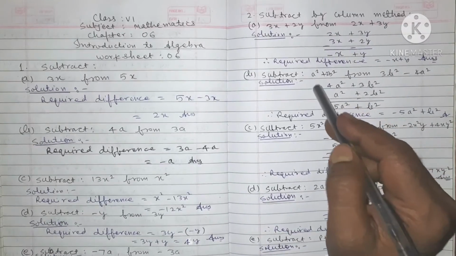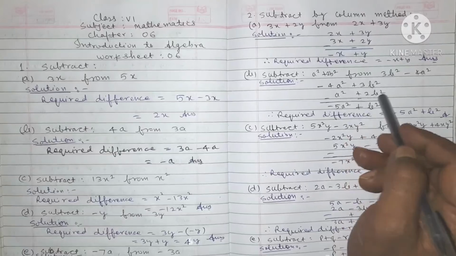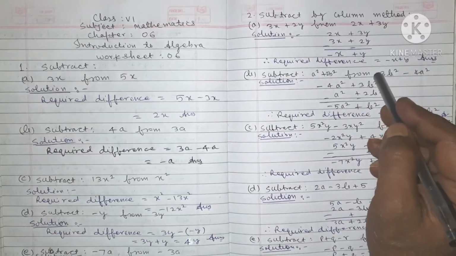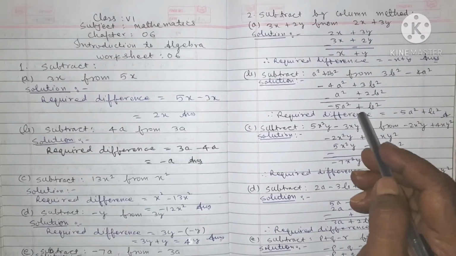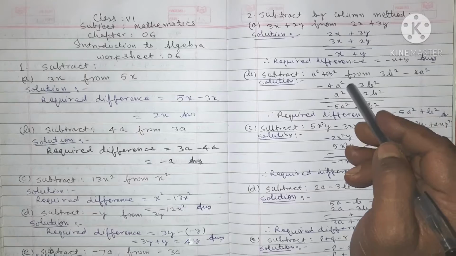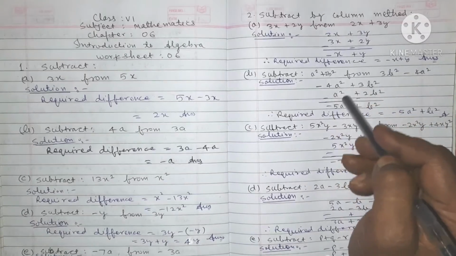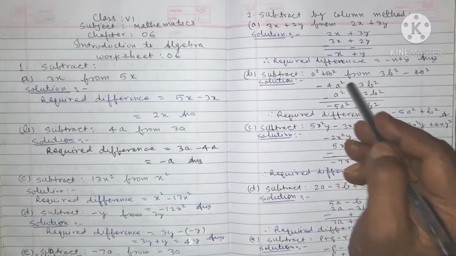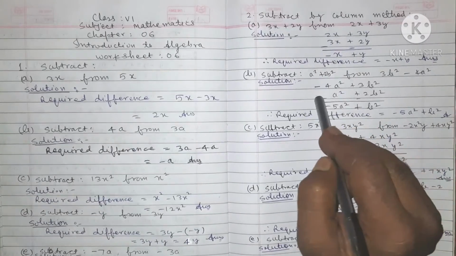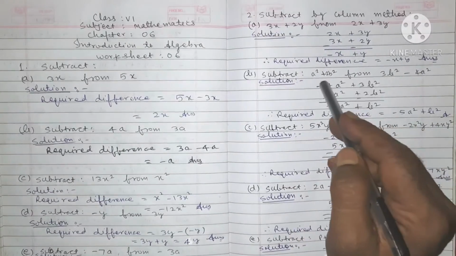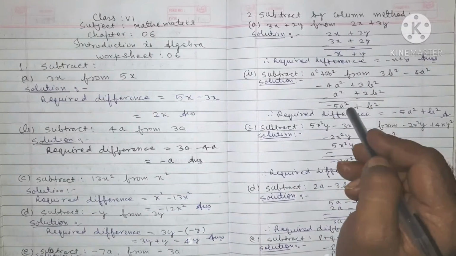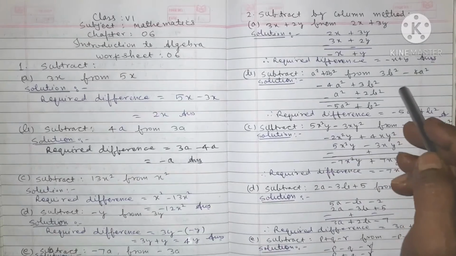And here in the second line, a square plus 2b square, maintaining like terms, a square, b square like terms separately. Now we subtract column wise. In the first column, minus 4a square, and here a square, the sign of a square is changed and now it is minus. So minus, minus, plus, we do plus. 4 plus 1, 5. 5a square, both are minus, sign is minus.